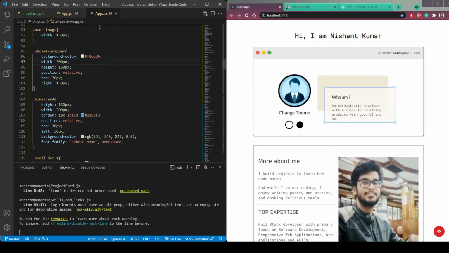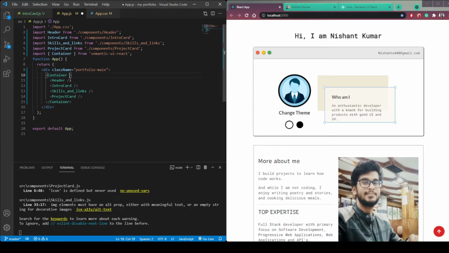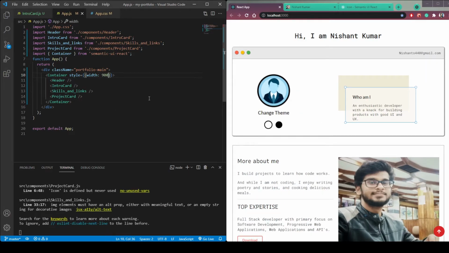Now we need to increase the height of this main cards. So in this app.js, we will use styling. So give it a style, then width of 900. Save it. Now you can see this is looking much better than before.